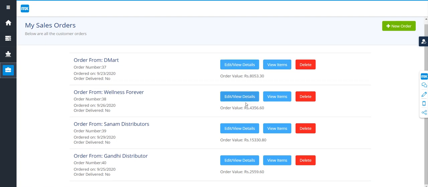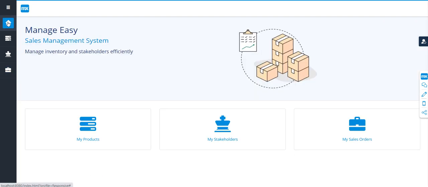The Mendix low code app development platform was really the biggest contributor. I had never imagined that I could build such a beautiful app from start to end in just 3 to 4 days. Also, creating the user stories helped a lot to make sure that the requirements are built in the right context. Thank you.